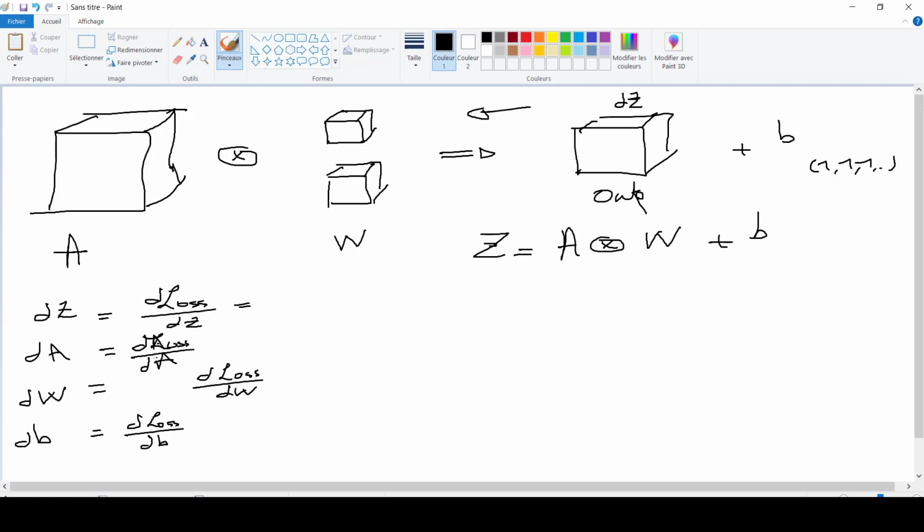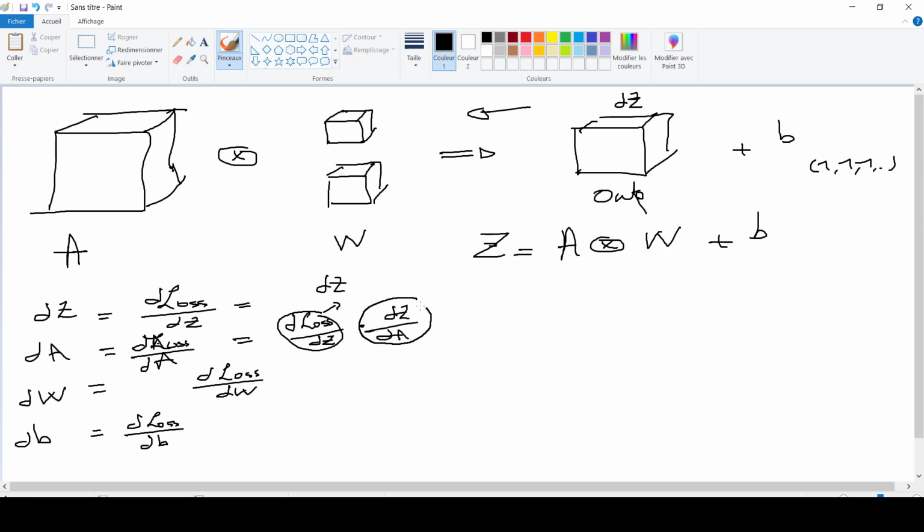Okay, so the derivative of the loss with respect to A is going to be, doing the chain rule, the derivative of the loss with respect to z, dz, times the derivative of z with respect to A. So here we put this dz. We already know this, this is my dz.